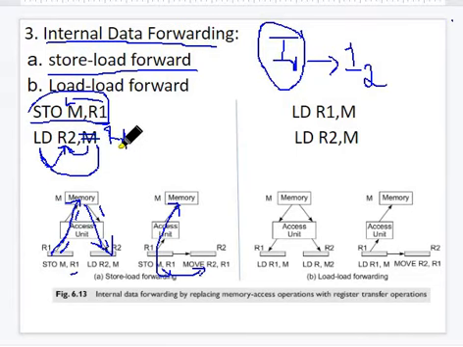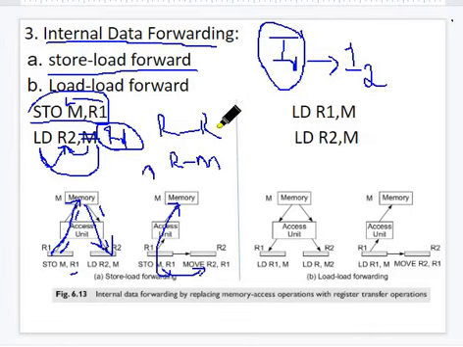So what is the advantage of replacing memory? The advantage is that it will be much faster, because it is register to register. Register to memory will take a lot of time. Register to register will take less time. Anyway, we are storing the same data in R2. Say 5 is the R1 value.